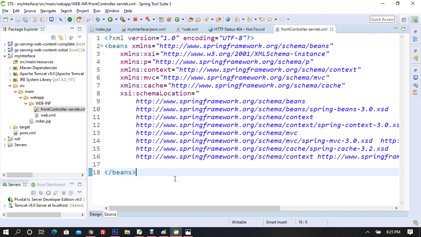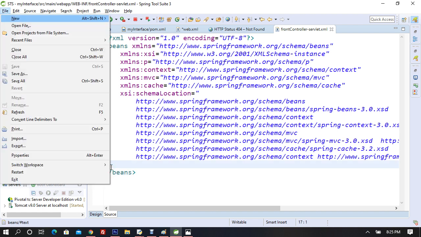I'll keep two text files ready for you. The dispatcher servlet tag you can write yourself. I'll keep all three dependencies that we have to import ready, and I'll keep this XML file also down in the description section as a text file. You can download it and start using it right from the word go. Alright, so now what I want here